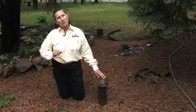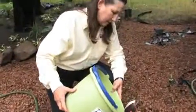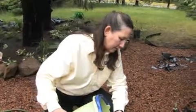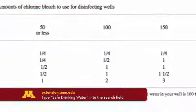It's important to use the correct amount of chlorine bleach and to leave it in the well and in your household plumbing for a long enough period of time to kill all the disease-causing organisms that might have gotten into your well during the flood. The fact sheet will help you calculate how much chlorine to use and tell you how to go about chlorinating